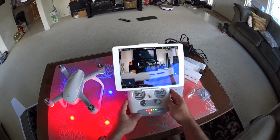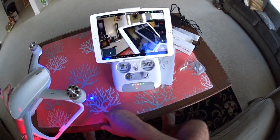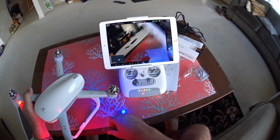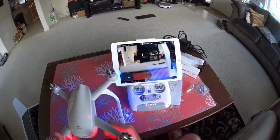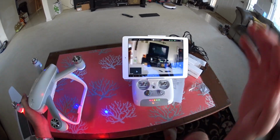Well, we've got this thing up. Let's go ahead and see what the latency is like. If I grab the craft like this and we're looking at the screen, let's see what kind of latency we've got. So it looks to me like it's pretty quick. For an FPV system, I can't say it's going to be this fast once you get out to distance, but